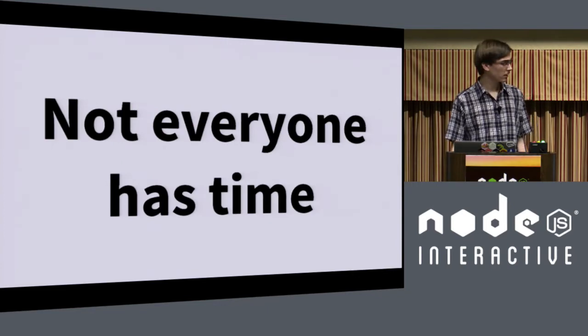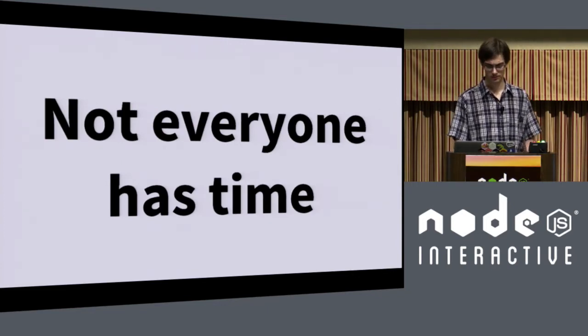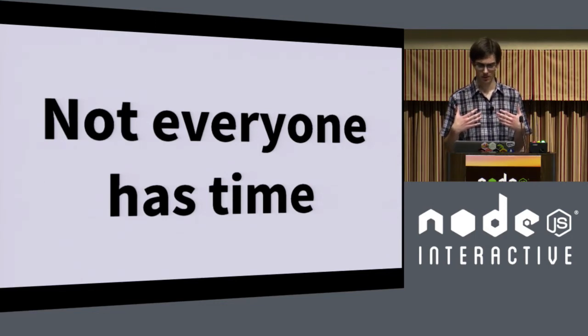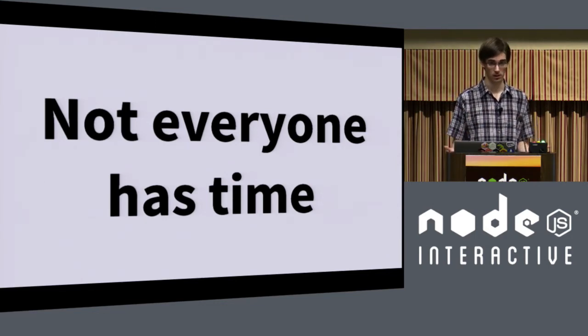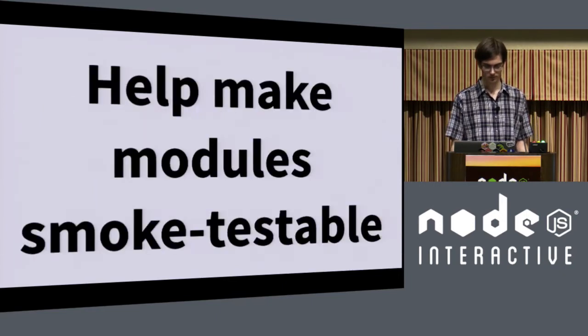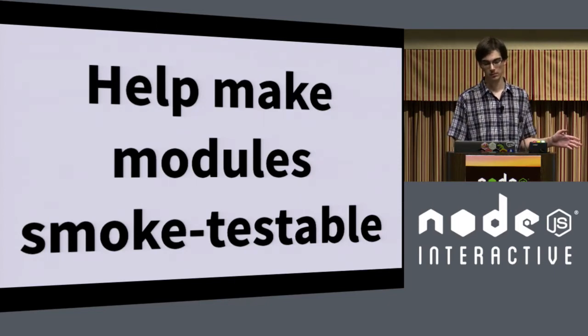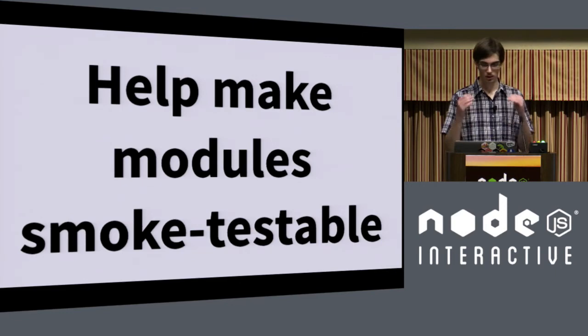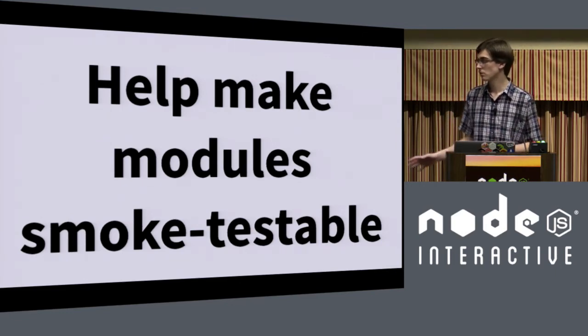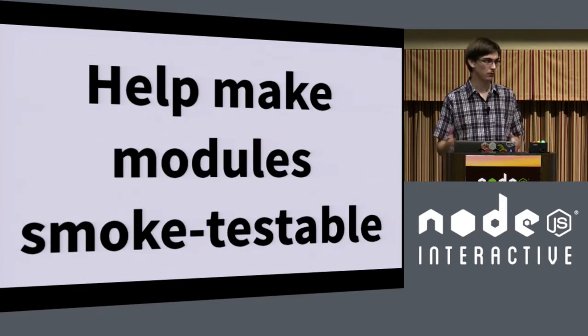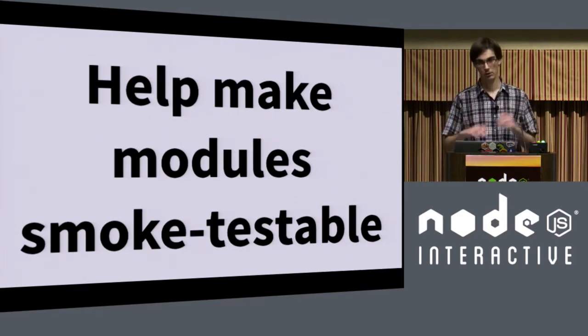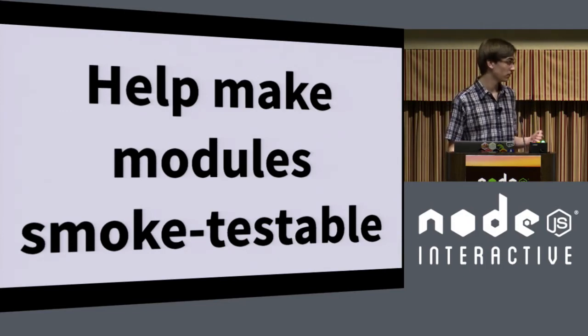We also respect, though, that not everyone has time to do this. I have time to work on core. But not everyone does, and we shouldn't expect you to. However, there are actually other ways to help out. One great way is to help make your modules, if you have them, smoke testable, so that we can download them off of NPM and run automated tests to gauge the impact of any changes we make, and make sure everything's running properly across the ecosystem for releases. That's really important. So you can help us help you in that respect.